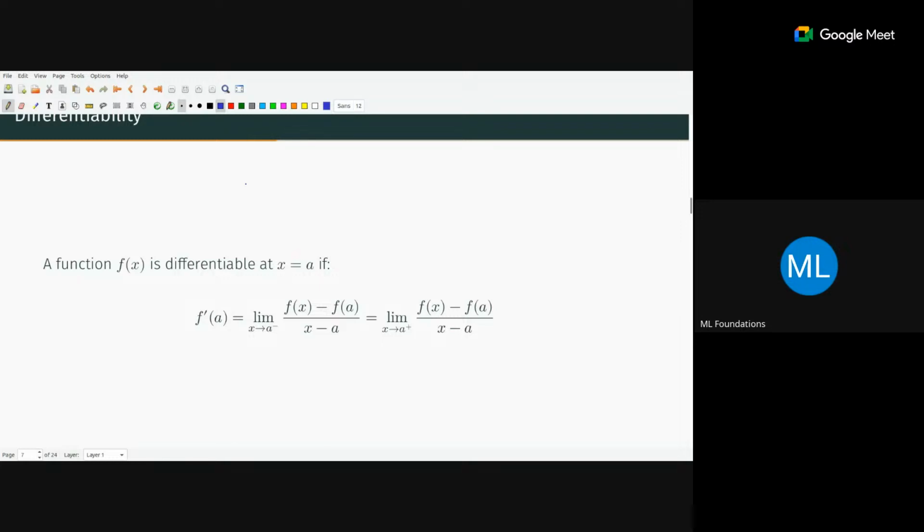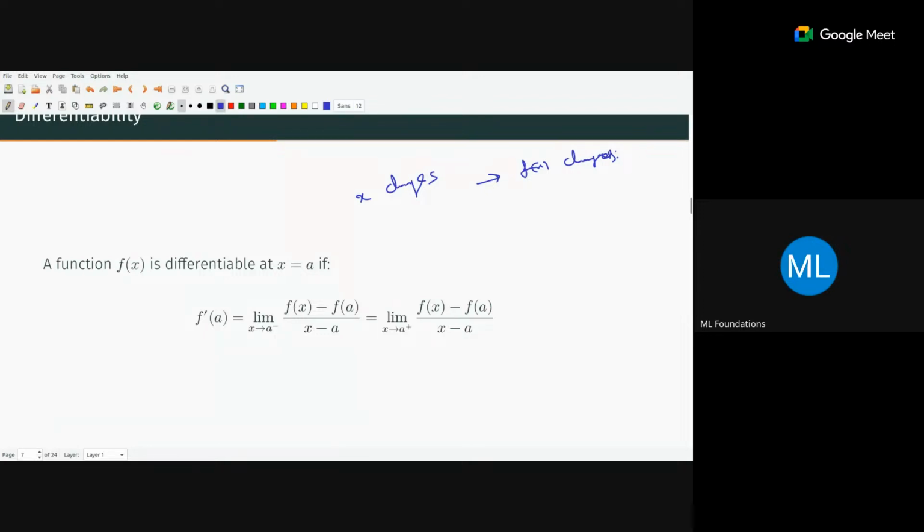Again, differentiability is nothing but the change of the function value, f of x, when x changes, and we are interested to see how it is changing. Is the change continuous, or is there any sudden drop or sudden difference in the rate? This is what differentiability refers to. A very informal way of defining differentiability is this: whether my rate of change is continuous or not, we are going to see.